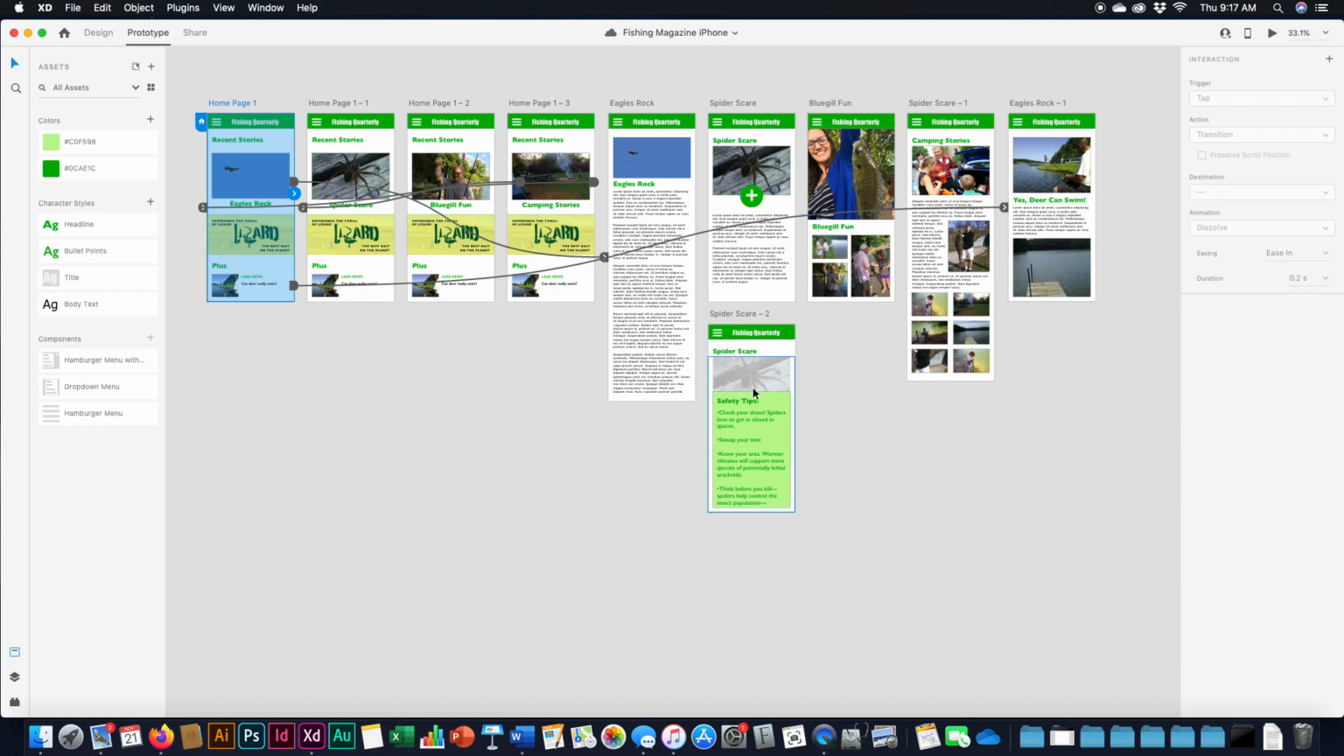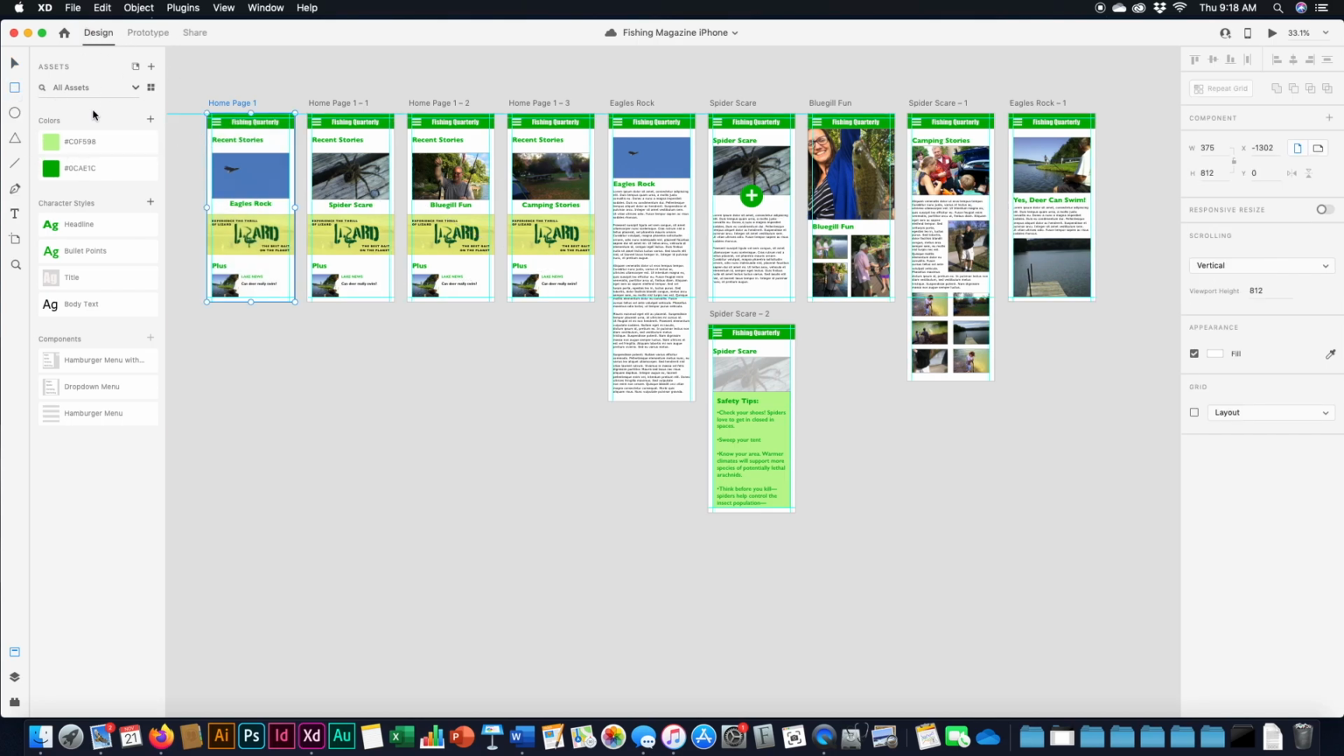So that is a similar technique to what we're going to do with this drop-down menu. In the spider scare, we have that drop-down that slides up, and I use two separate pages for that. So for each one of these, I'm going to need to go back into design, and in here